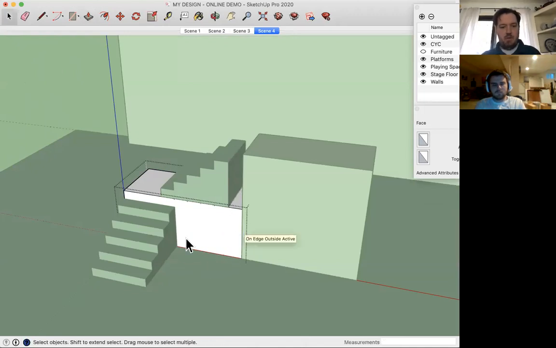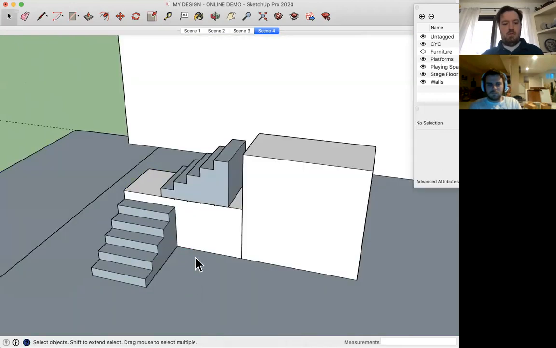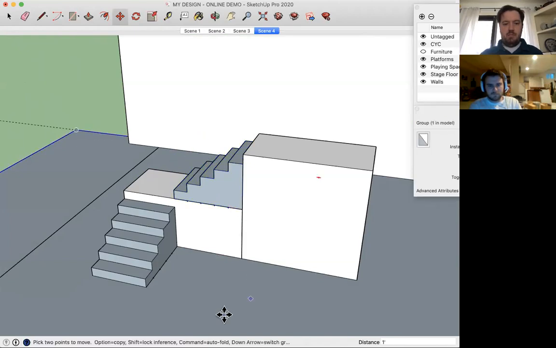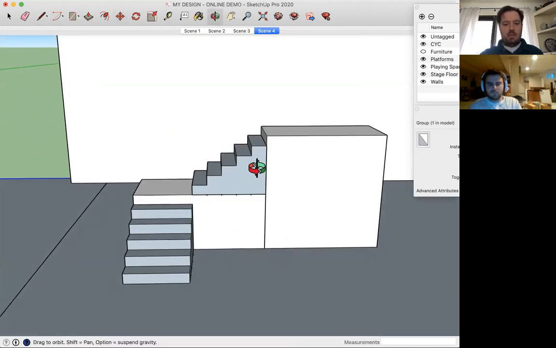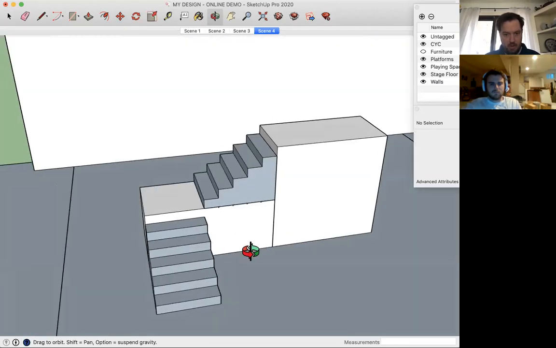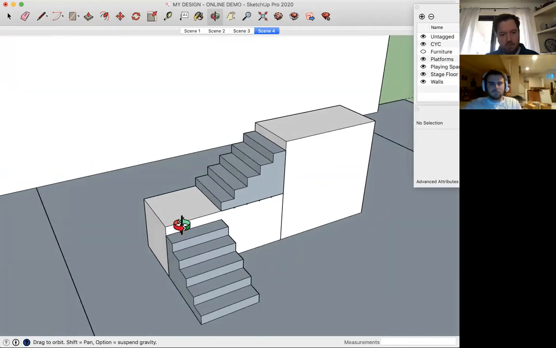Make it bigger. And then again, just move this group of steps over there. And that looks better since it lines up that way. So if I knew that, I would need a 9-foot platform for that section to line up well. So those are kind of the two options